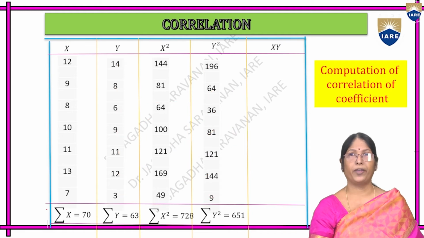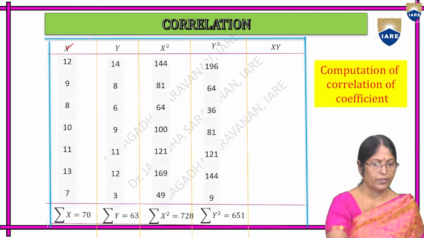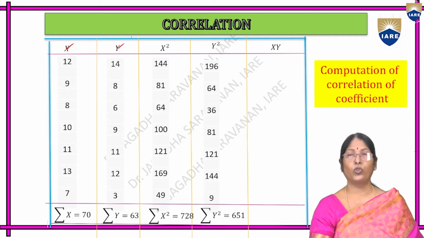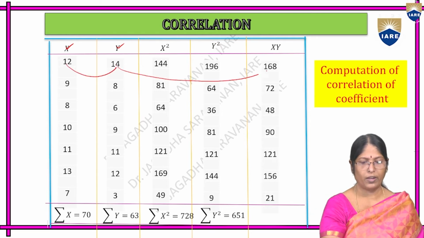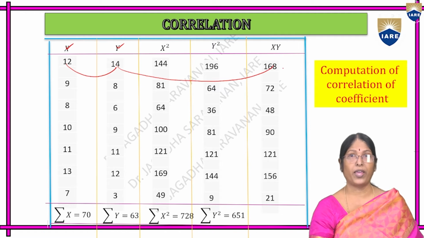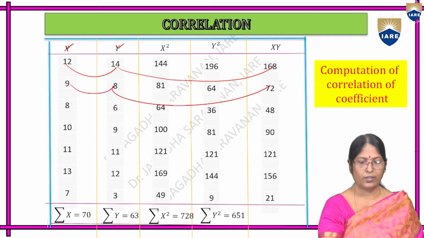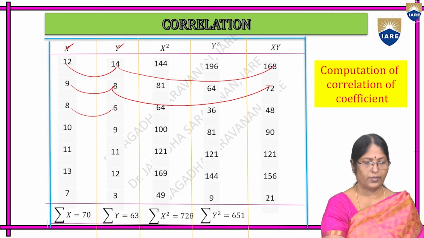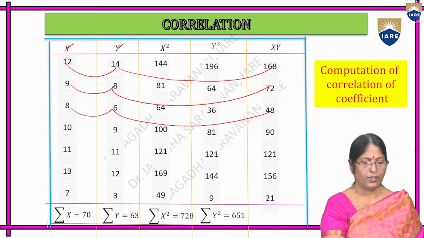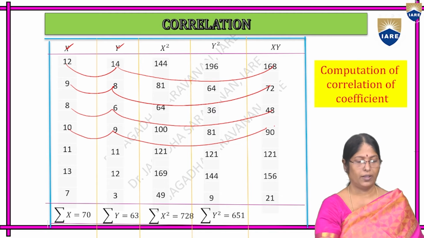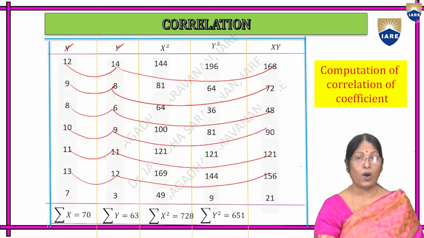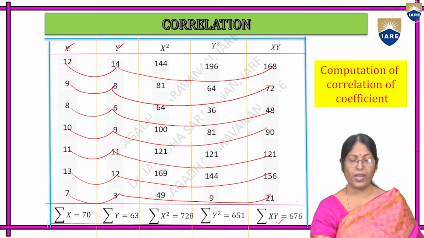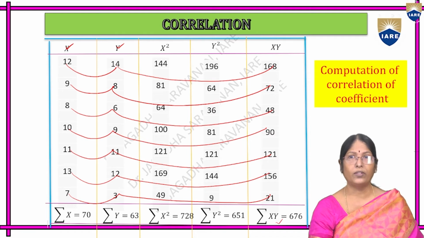651. Now xy. Here x is there, here y is there. Both we have to multiply. So multiplying 12 into 14, we get 168. 9 8s are 72. 8 6s are 48. 10 9s are 90. 11 11s are 121. 13 12s are 156. 7 3s are 21. The total summation xy is equal to